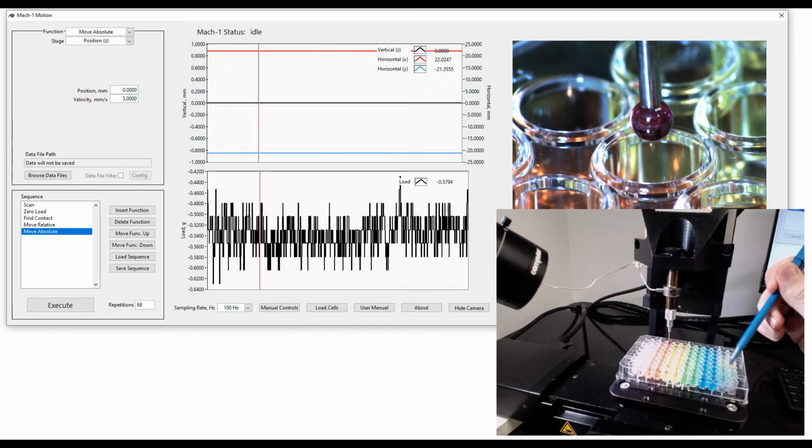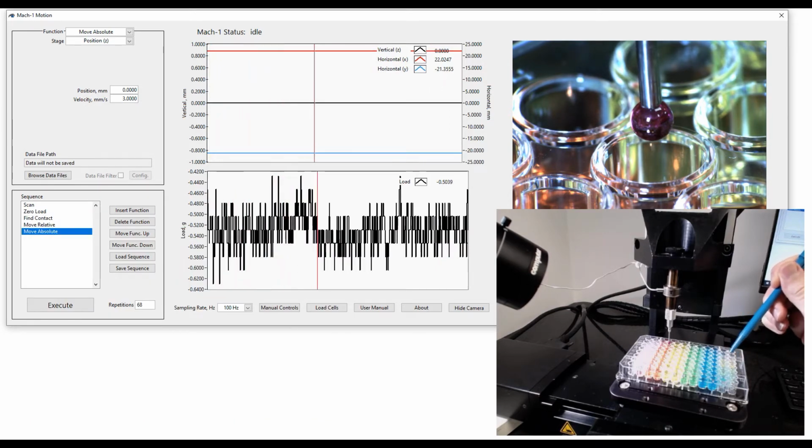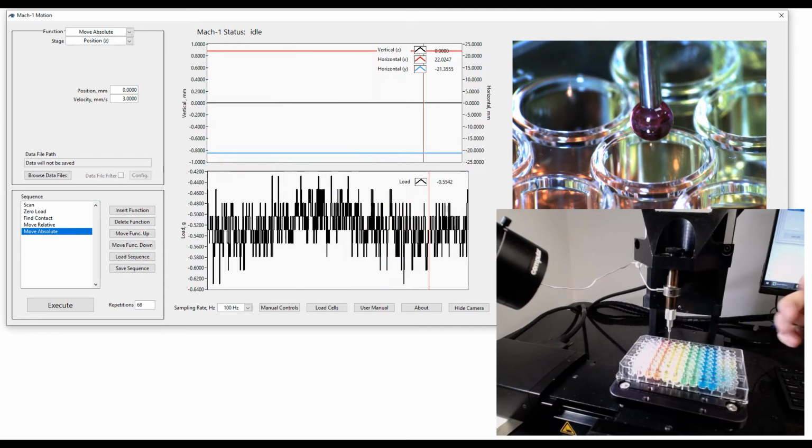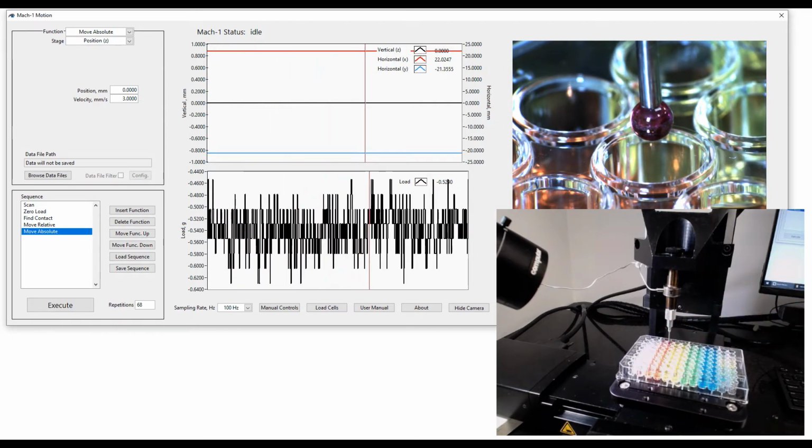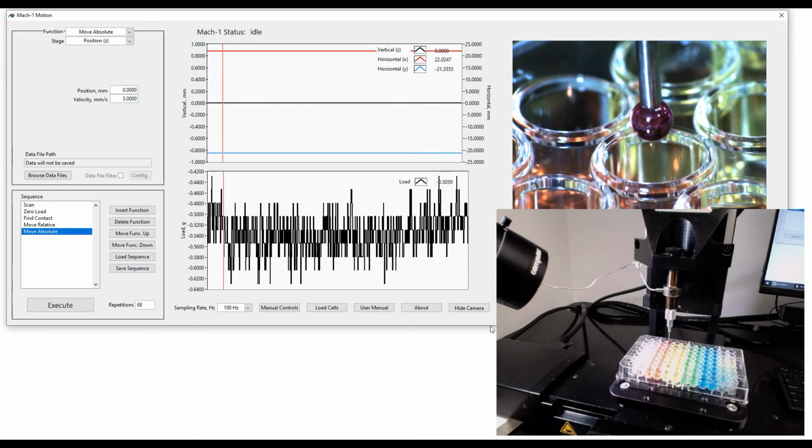Finally, on the 2 columns on the far right, we have 6mm biopsy punched discs, and these all have PBS in them, and on the right we have some dry ones, which I wanted to see what the effects would be. So I'm going to automate the testing of all of these together.